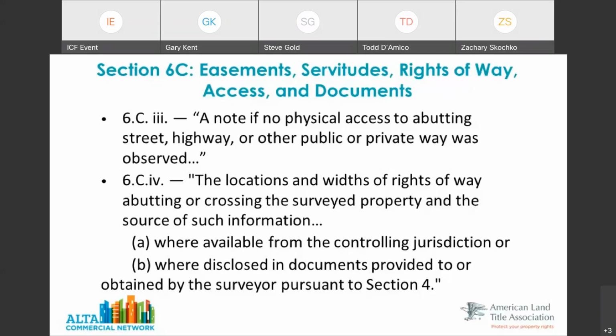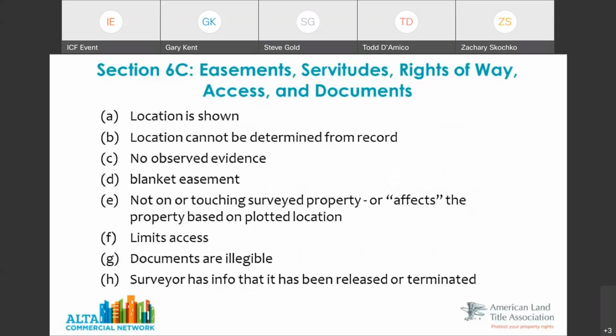So we've talked about that at great length, that a does not affect statement is based on what a surveyor can review out of that document. And like you say, Gary, we can review legal descriptions. We can't interpret the document, or the purpose of the document, or the validity of the document. And that goes into other items. We don't have an item I on here, but sometimes you have mineral rights shown in a listing, and you have a request for a surveyor to make a statement about mineral rights. The legal description contained in that document might be able to be reviewed by the land surveyor, but the mineral right document itself is not a survey matter.